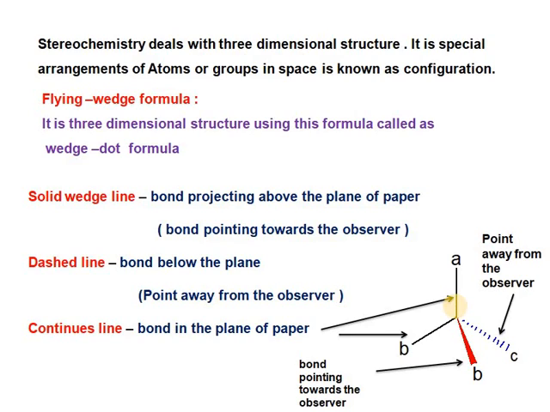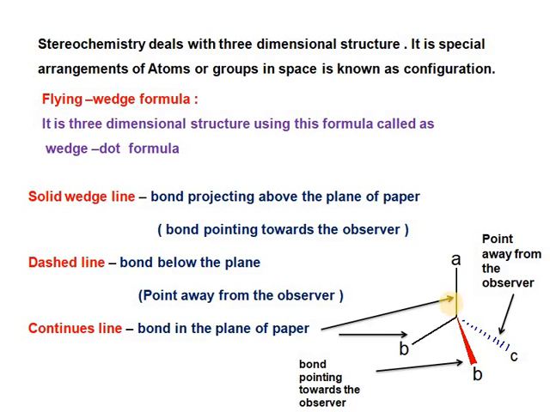flying and wedge formula. Before we discuss this, we first have to know what stereochemistry is. Stereochemistry deals with three-dimensional structures, the spatial arrangement of atoms or groups in space. This is called the configuration. The three-dimensional structures are represented in two dimensions on the plane of paper or blackboard by